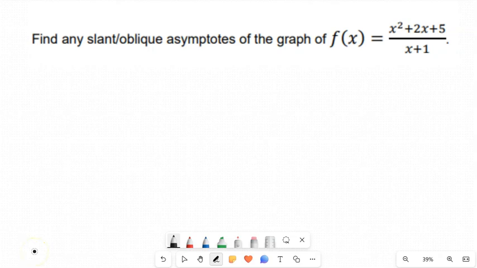Find any slant, oblique asymptotes of the graph of f of x equals x squared plus 2x plus 5 in the numerator and x plus 1 in the denominator. So as far as the cases of oblique or slant or horizontal asymptotes, you look at the leading term in